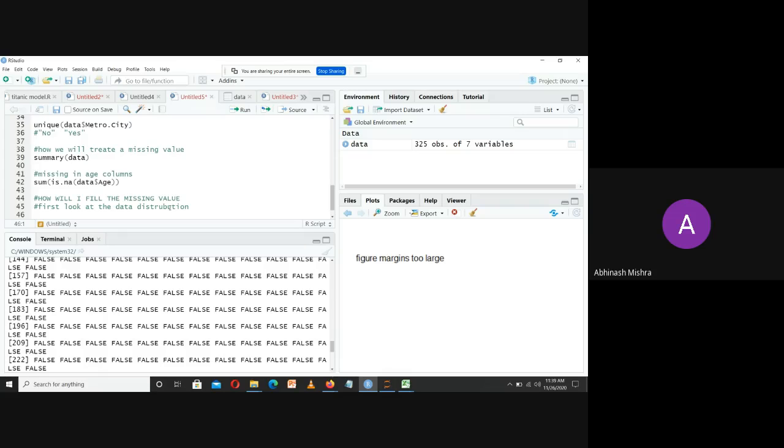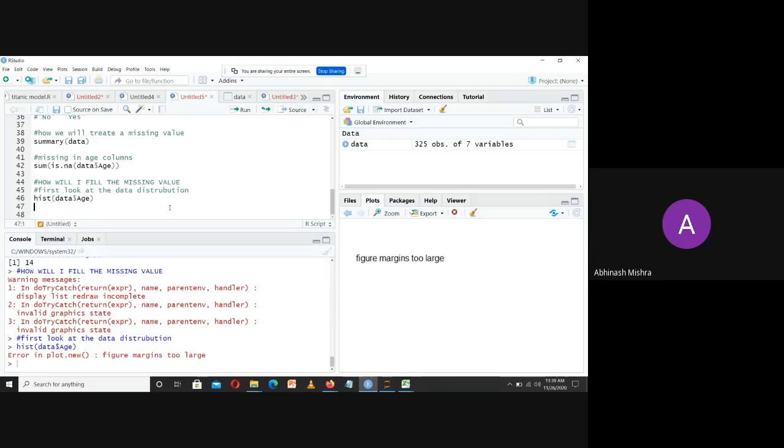What is the data distribution? For the distribution, you have to first look at the histogram. So I will say hist, and within hist I want to see the age column histogram. Click enter. Okay, now it is saying plot new. Just a second.